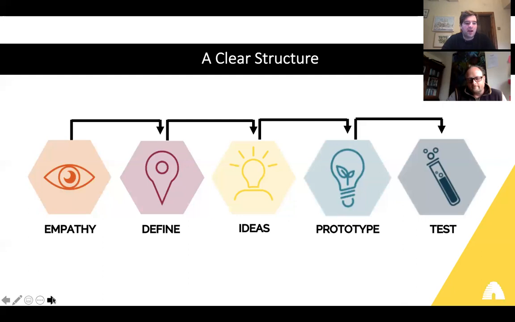Absolutely, yeah. And just thinking about this process, it looks linear, doesn't it? But the reality is that it's not. At every point, you might need to go back and you might need to reconfigure. So you might need to look again, particularly as you come to prototyping and testing. Sometimes you'll find that actually the ideas that you've come up with aren't solving the problems that you thought you needed to solve. So you need to go back to your insight, back to the empathy stage, maybe define a different how might we question, come up with some more ideas,